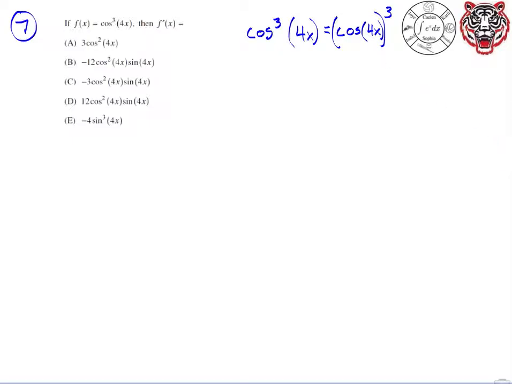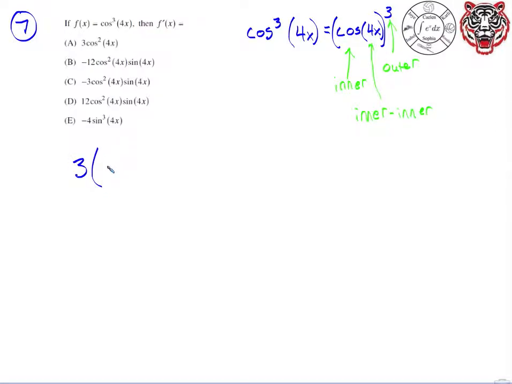So I can even label that for us if we would like. So this is the outer, this is the inner, and this is the inner in there. All right, so let's find d outer. What is d outer? 3